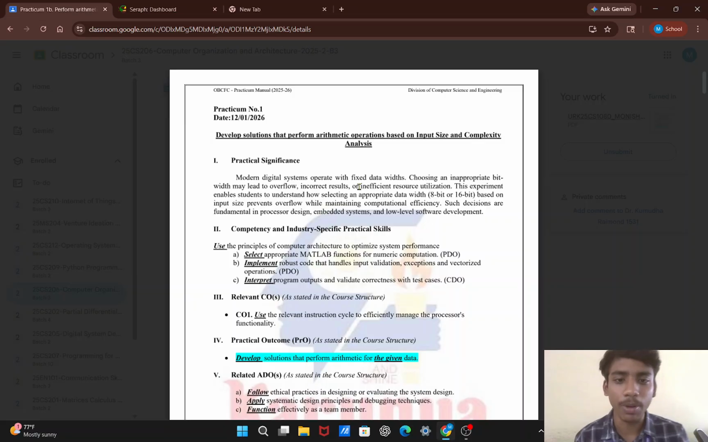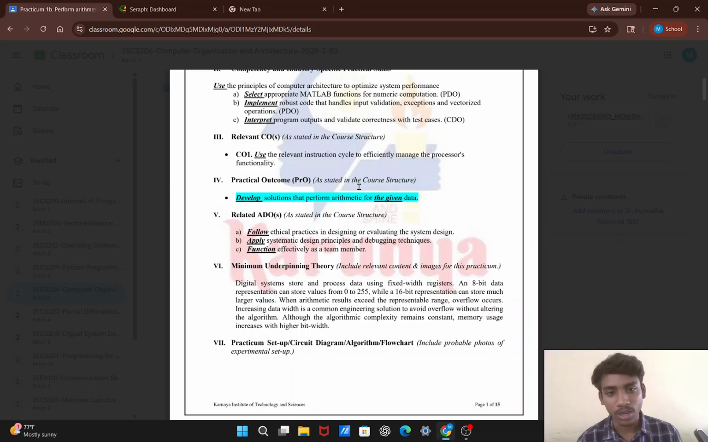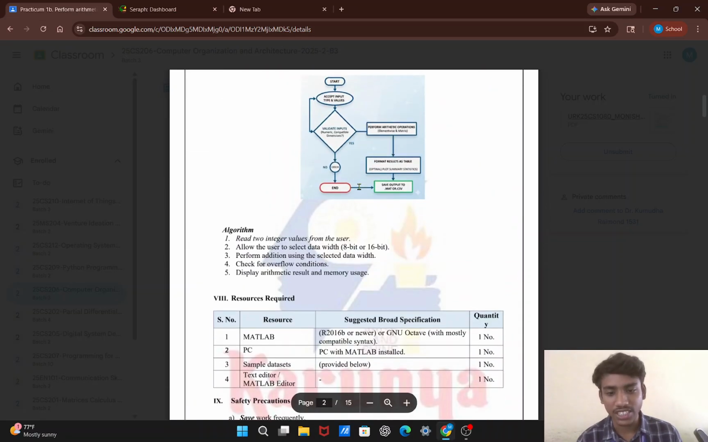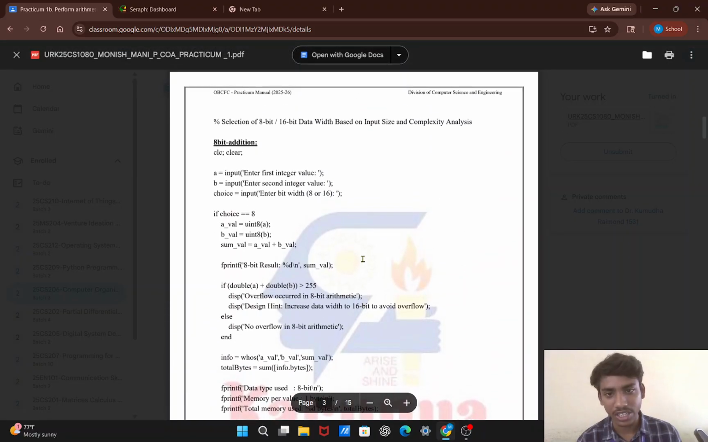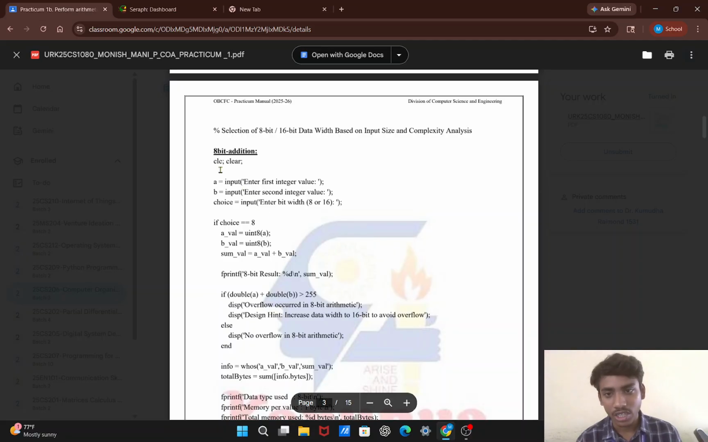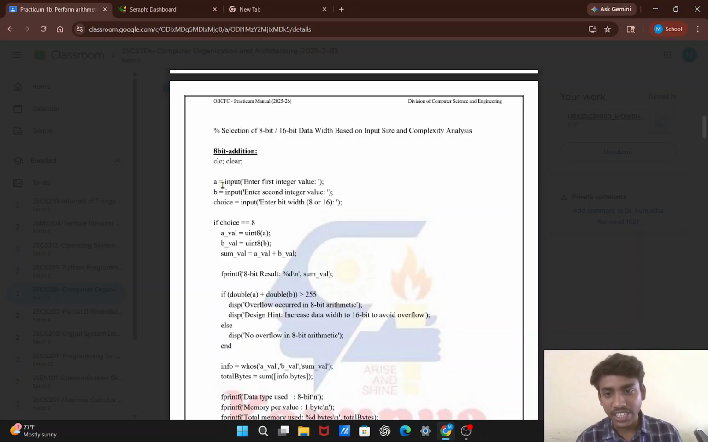Develop solutions that perform arithmetic operations based on the input size and complexity analysis. So, this is the practicum in which we perform operations like addition and subtraction for 8-bit unsigned integers. 8-bit addition: first we get the input of integers a, b, and then the choice of 8 or